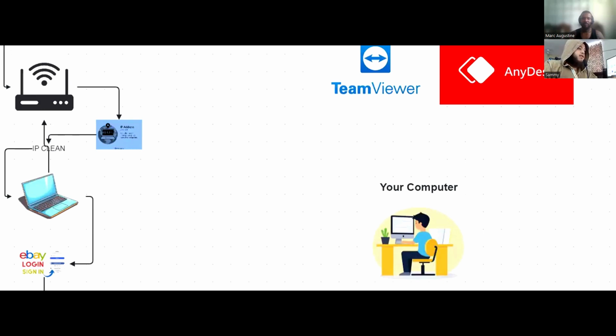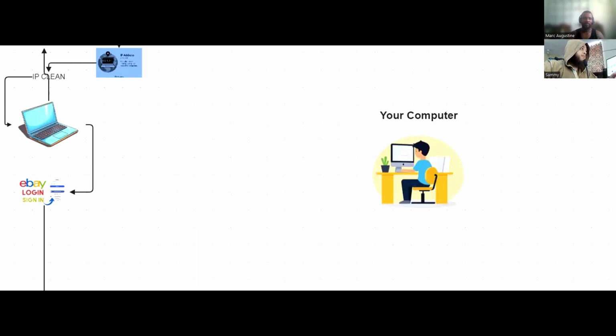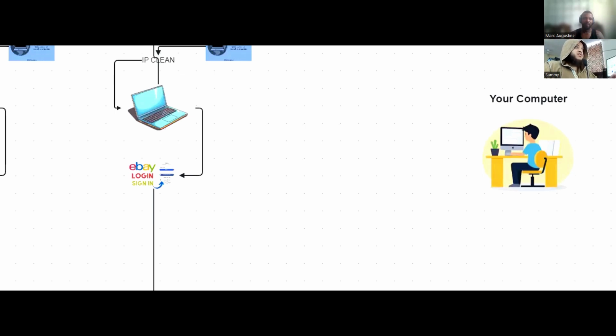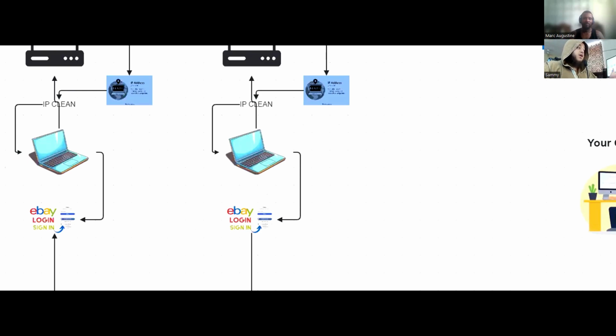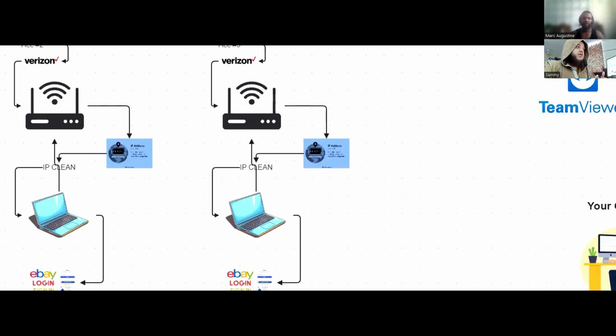Okay, so now the question we're going to be answering is: you have all of these computers set up. Let's say over here you have one account on a laptop at your house. The second account is at your mother's or family's house, and your third account is at another person's house. Now somebody's going to ask, am I supposed to drive 30 minutes every single day and go to those computers? And the answer is yes. No, I'm just kidding. There's a solution for that.